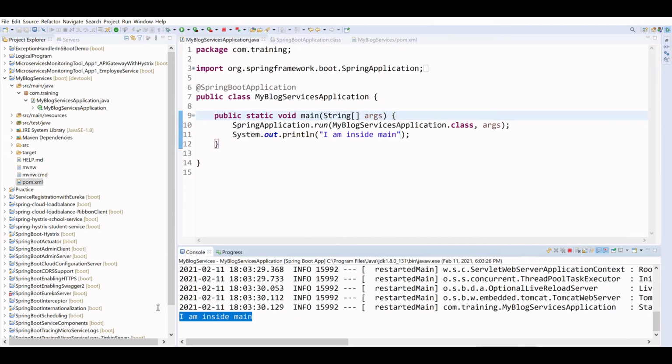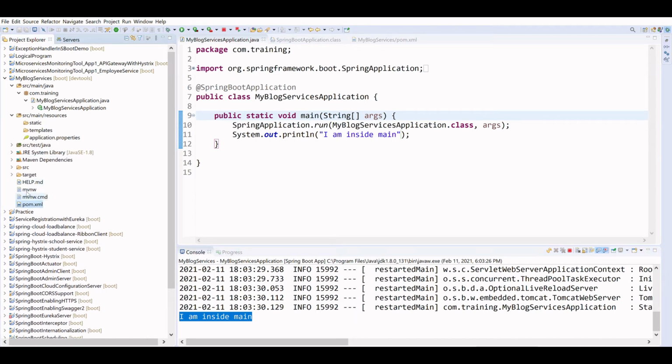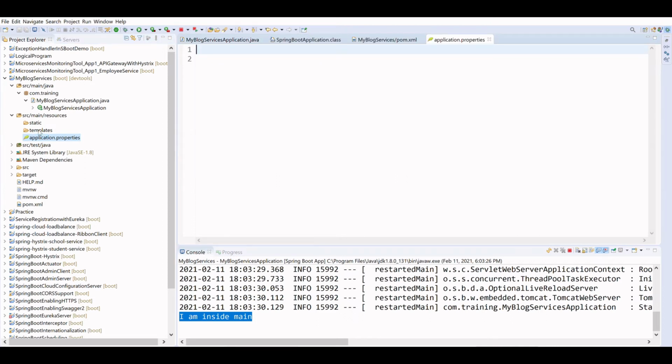So our application has already started, and you can see all the packages by default. We have Spring, and we have added DevTools inside that. This is the package where we will put the static files and the templates related to the application. The application properties file is a place where we can add things later, in the next video.